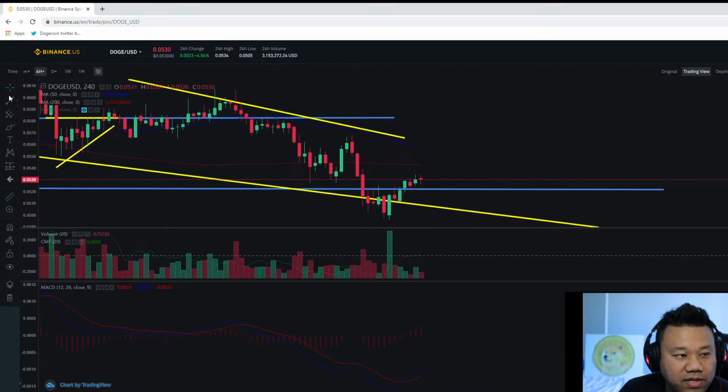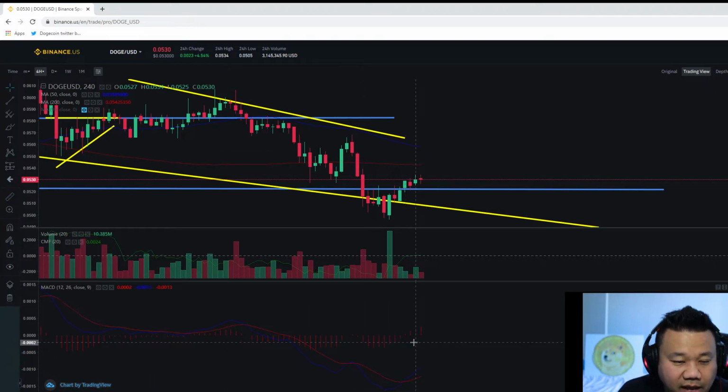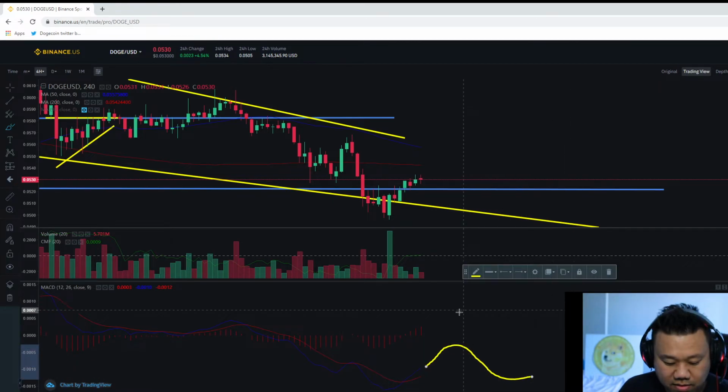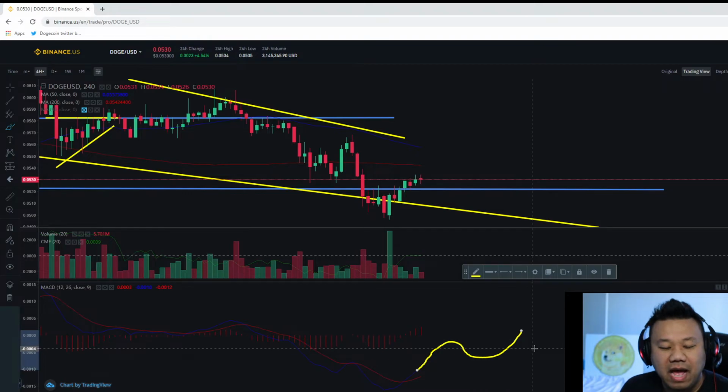However, on the 4-hour time frame, we're still resetting in the bearish territory here, and the weekend is coming, so it could be a slower movement up, right? So what could potentially happen? Could be something like this, kind of go up and it'll probably reset again. One more time, sorry. It may go something like this, kind of come back down, and do this right here. So that happens, then we may see a lower low and a higher low as well, but we won't know yet,